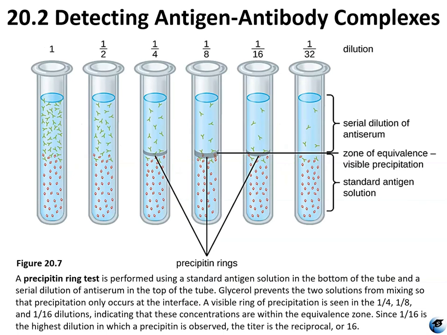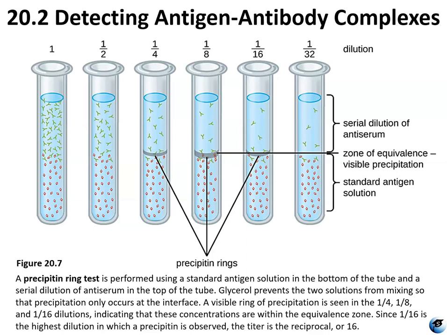A precipitin ring test is when you use a standard antigen solution in the bottom of the tube, and then you do a serial dilution of antiserum on the top. You use glycerol to prevent the two solutions from mixing because glycerol is very dense, right? And the precipitation only occurs at the interface of the glycerol. A visible ring of precipitation is seen at the 1/4, 1/8, and 1/16 dilutions, indicating these concentrations are within the